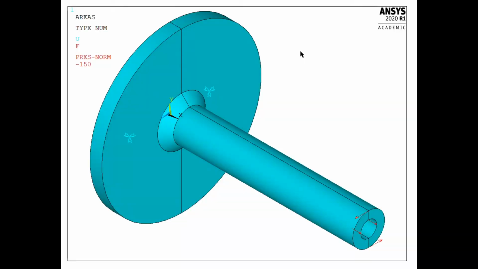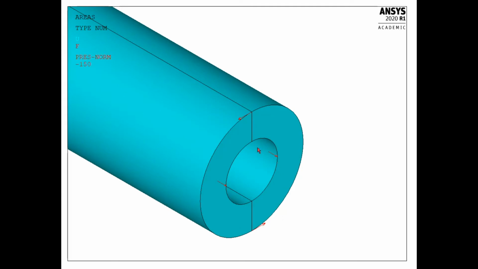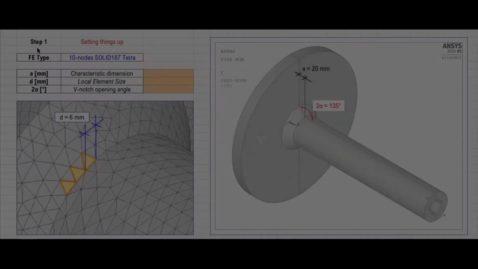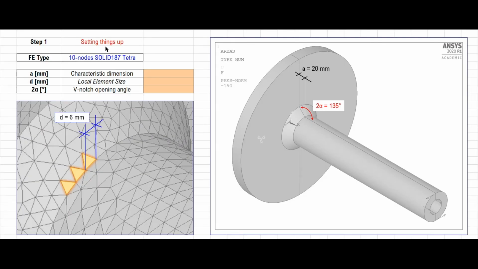This video shows all the steps required to manually apply the peak stress method to a solved finite element analysis of a tube-to-flange joint under combined axial and torsion loading and meshed with 10-node tetra elements. In post-processing, the analyst must first check some geometrical parameters, the characteristic size A of the joint, which is in